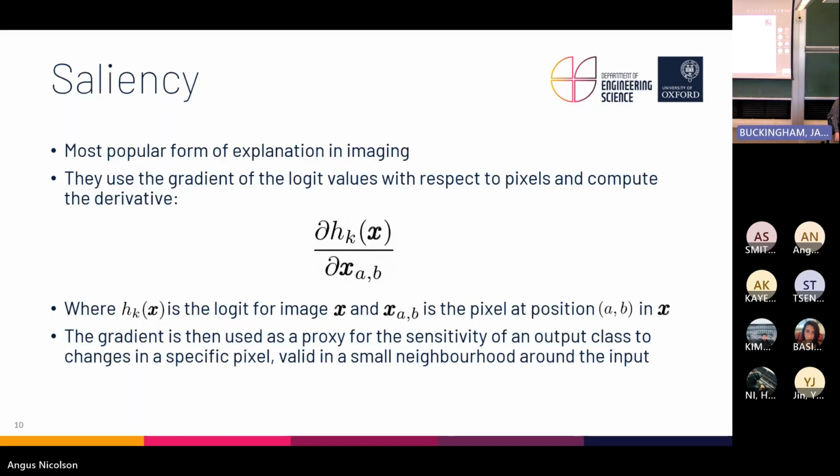So I'm going to go through a few different methods. The most popular one by far is saliency. Sorry, I know you're mathematicians, this is probably the only equation I have in the entire presentation. But saliency is where you look at the gradient of the logit values, so essentially the output of the network with respect to the pixels. In words, that's: how do I change these pixels to change my output? So you end up with a heat map where the brighter bits of the map say, if you change these pixels, you would change your output prediction. So it's meant to highlight the regions of the image which are more important to the model.